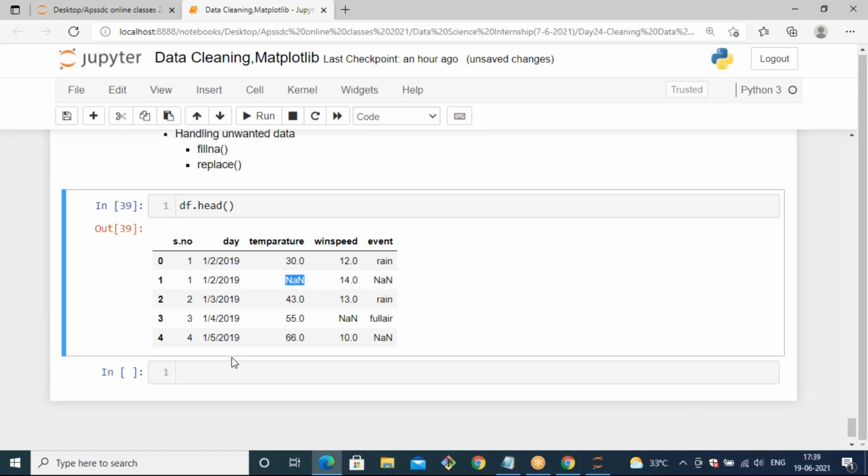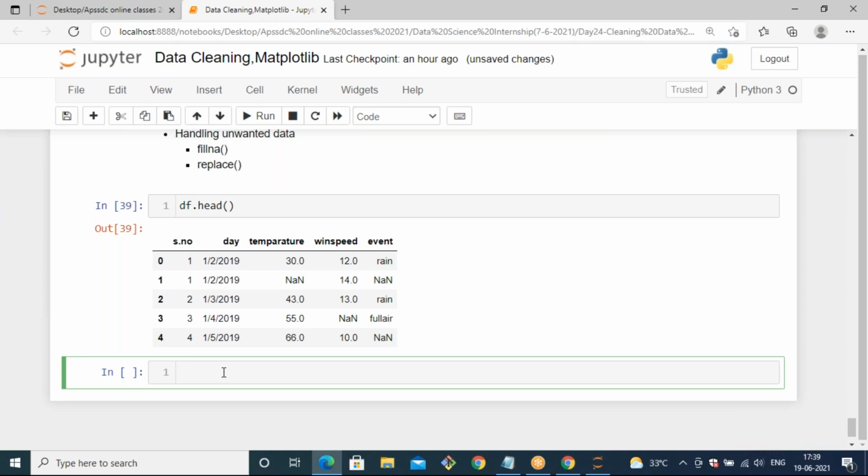And before that, you should know what unwanted data we have inside the data set, and what the count for that unwanted data is. Only then are we going to fill it, right? So the first step, we have already loaded the data. That is the first step. And the second step, you should know the description, statistical information and the shape. We have already done that in the first step as well.